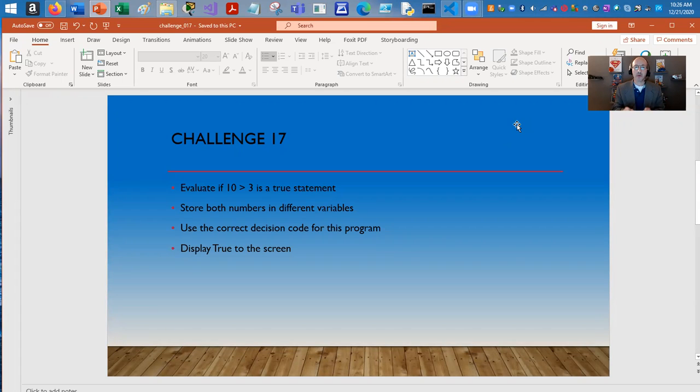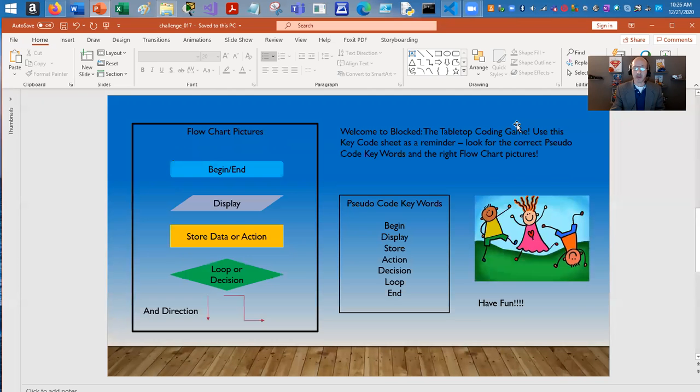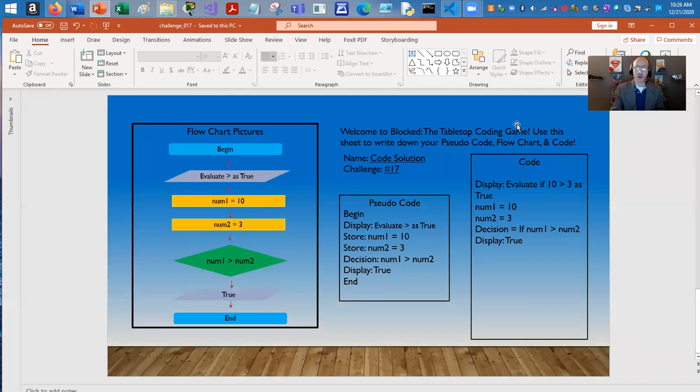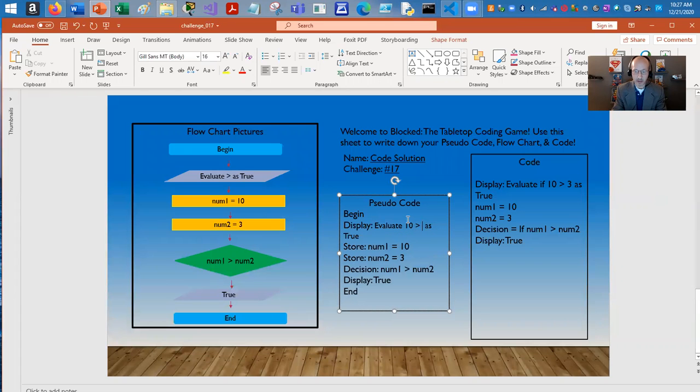So this time forward, we're going to start with evaluating if 10 is greater than 3, and if it is, have the computer print out true, okay? So let's take a look at this from the pseudocode and code perspective. And so from the pseudocode perspective, we have display evaluate greater than as true. And we could easily add evaluate if 10 is greater than 3 as true, and that will also be helpful